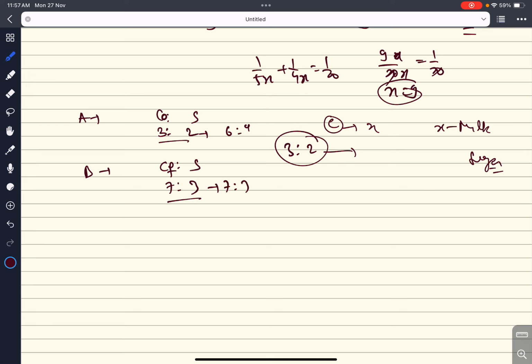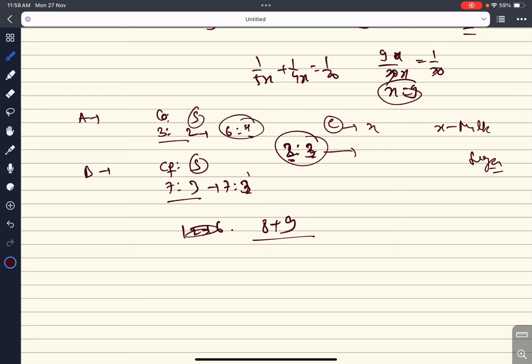Now our demand is sugar, so we'll work upon sugar. 4 3 12 and 3 2 6, I guess there's a mistake. It came out to be 17 if I remember the data correctly. Yes, 2:3 was the ratio, my bad. So 4 2 8 and 3 3 9. 9 plus 8 is 17.